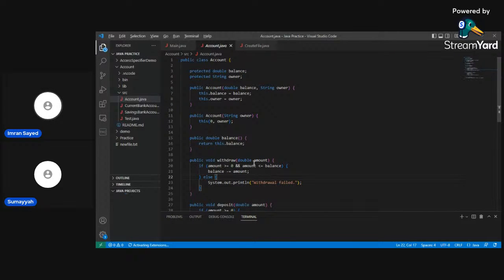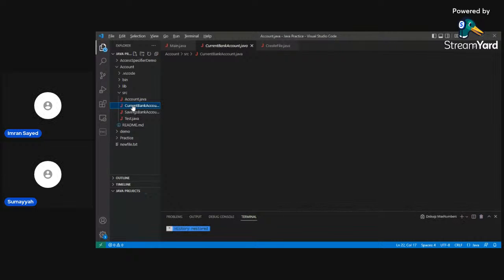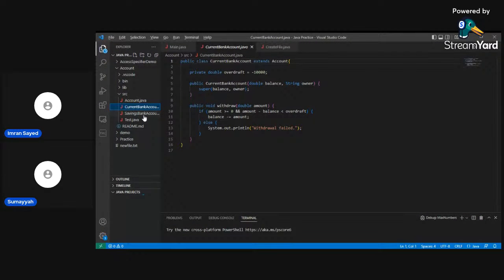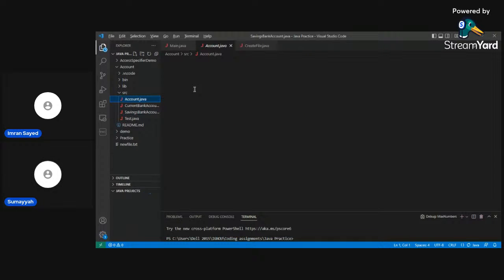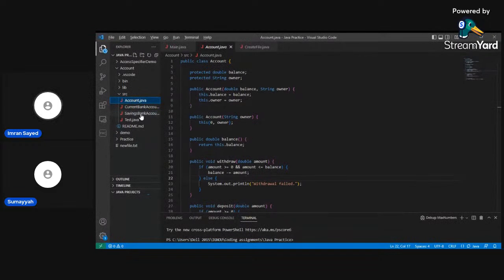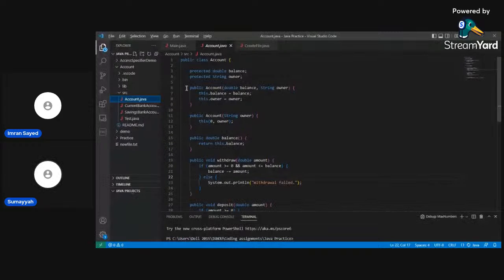Where have you overridden is what I want to see. So we were to override the constructor. So we haven't created a constructor yet, right? No, we don't have a constructor in account. In the account, we have the public account. Here there is, we didn't create one. Why have you created the same function twice?